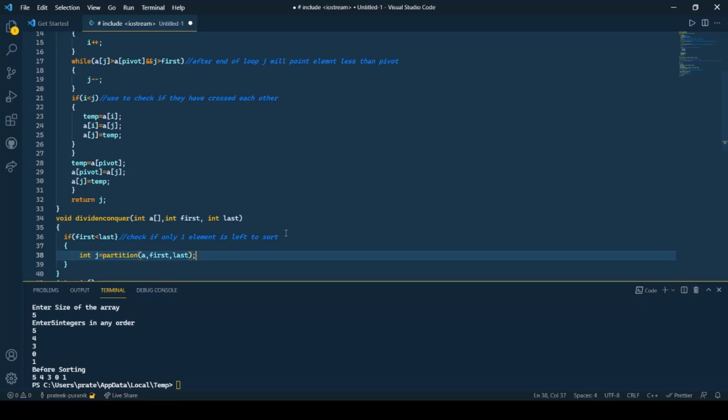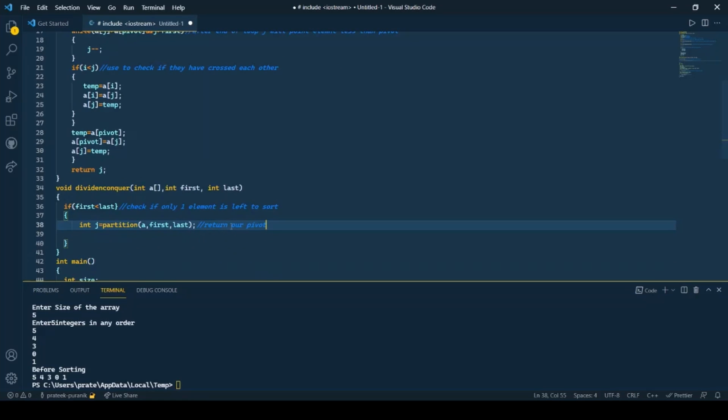Okay. And after we have called it, the value of partition will return the split point, or the position at which we have positioned our pivot element. So this is going to return our pivot.